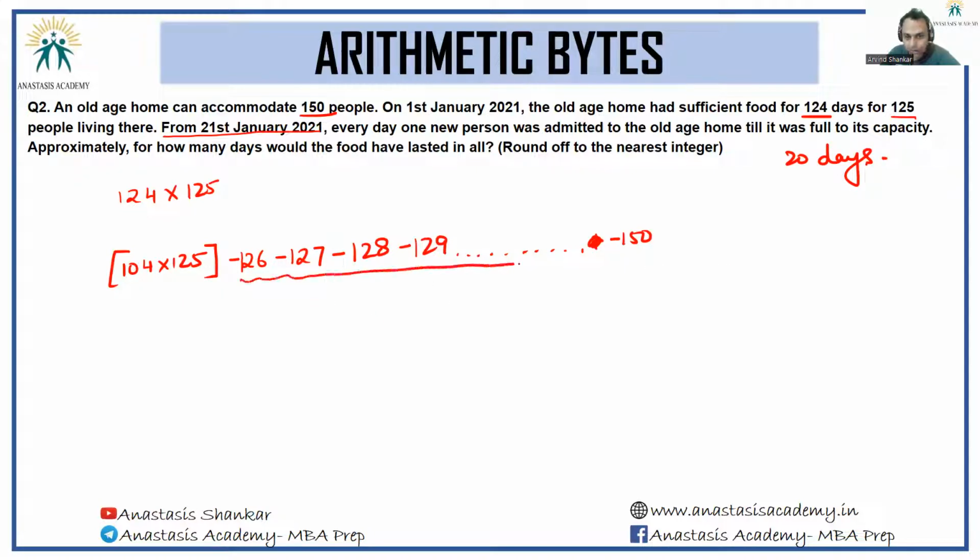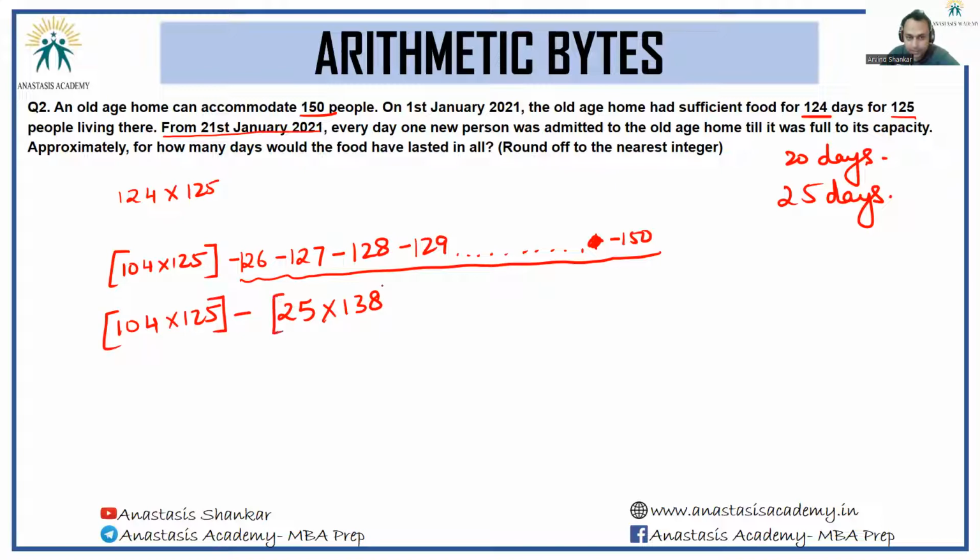So we have to get rid of this amount from the total that is available here. Let me see what the total here is. This is 25 terms. This is an AP, 25 terms. Middle term will be 12 less, so 138. Next 25 days have also been taken care of. And how much food is left at the end of that is given by this. Whatever was left at the end of 20 days and whatever was consumed during the subsequent 25 days is this